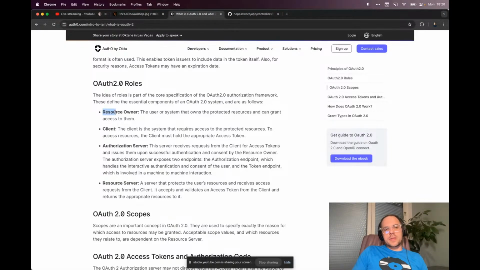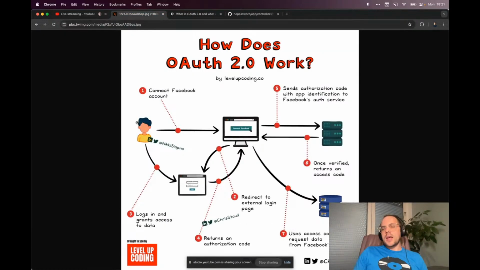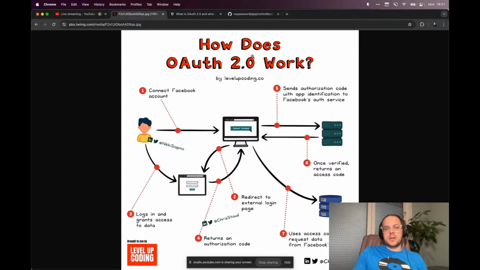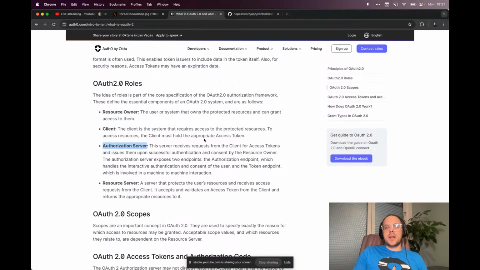In OAuth, we have this jargon, the resource owner. This is just the user. This is the resource owner. It's the person who is using your application. You have the client. This is you. This is your application. So relative to the OAuth scheme, you are the client. You have the authorization server. That's over here. This is the service that the third party provides, which will basically convert authorization codes into access